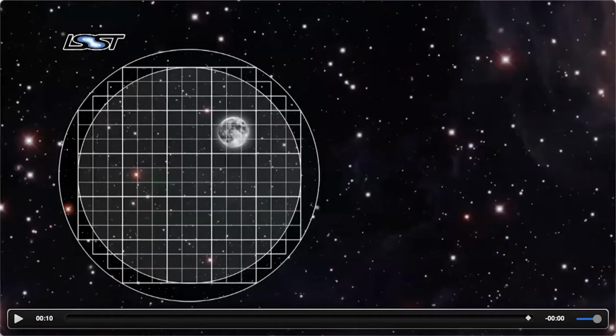When LSST, the Legacy Survey of Space and Time, was conceived as a survey, I think some people believed that this would be the particle physics experiment equivalent for astronomy. And in fact, people still call it an experiment in various parts of the project. I would argue that it's actually somewhere in between the particle physics model and the traditional astronomy model. And this becomes quite interesting when we talk about what computing looks like for this type of science use.